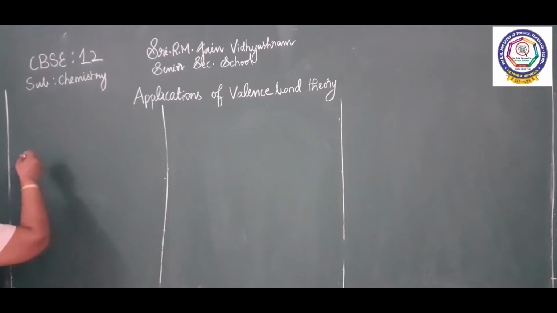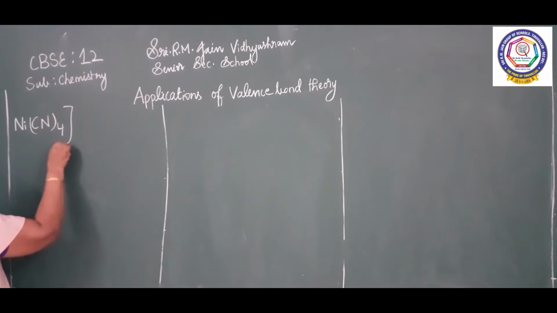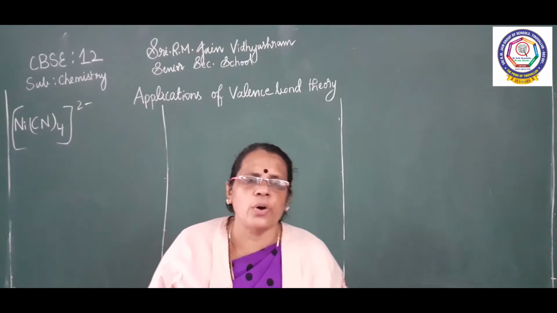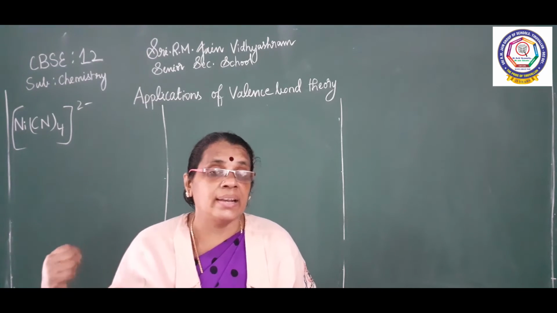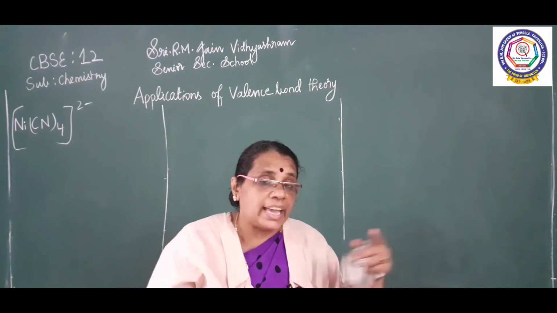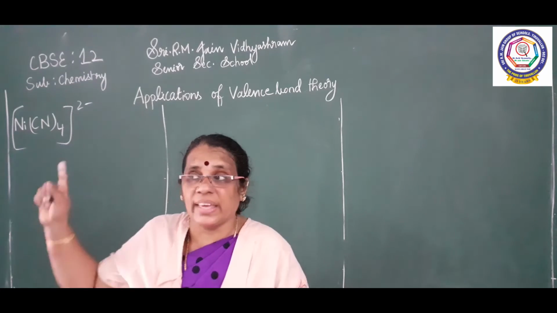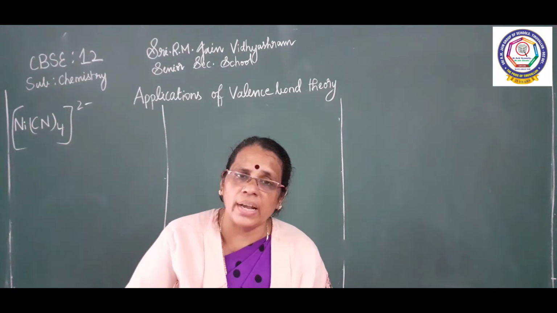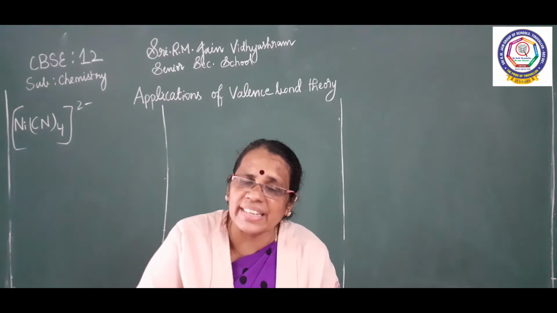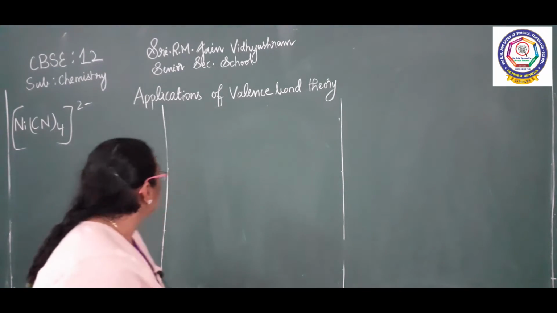The complex is coming like this. [Ni(CN)4]2-. What is my complex? [Ni(CN)4]2-. Here also nickel is the central metal ion. What is the ligand attached here? CN. CN is a strong field ligand. Already we have seen, I gave examples for weak field and strong field. What are the examples for strong field ligand? Carbon, nitrogen and phosphorus donors. In cyanogen, carbon is the donor, so it is a strong field ligand. So we are going to say how pairing is taking place, what is the shape, what is the hybridization, and we are going to discuss the magnetic property.